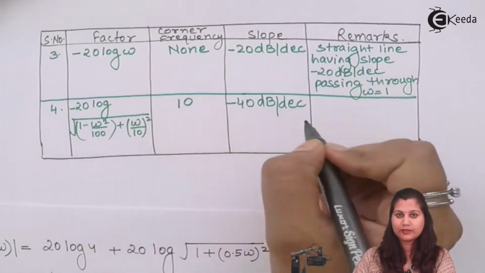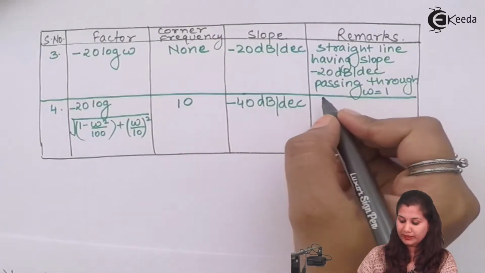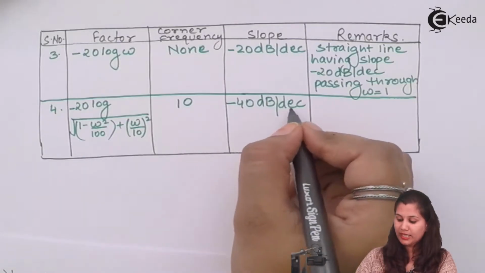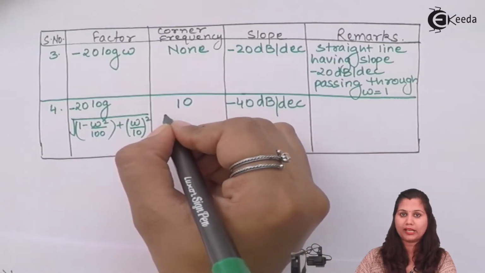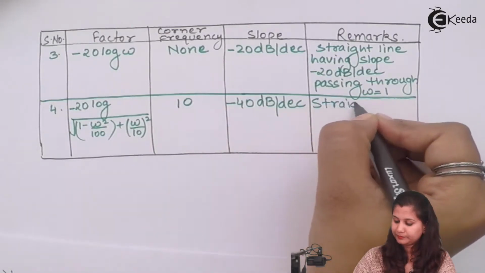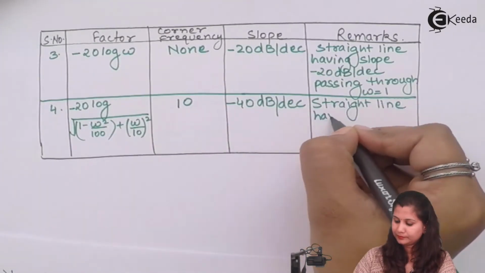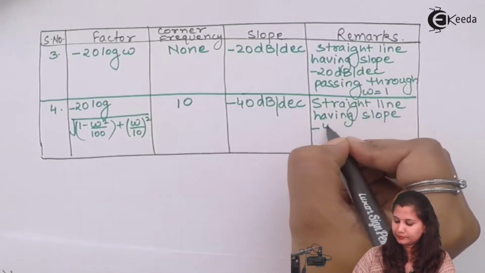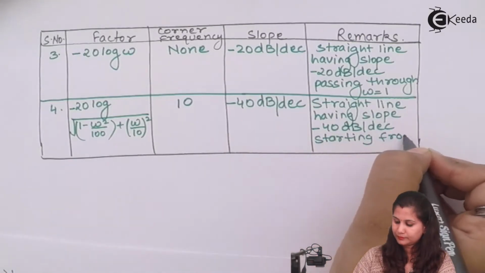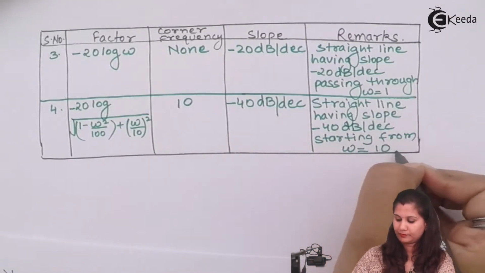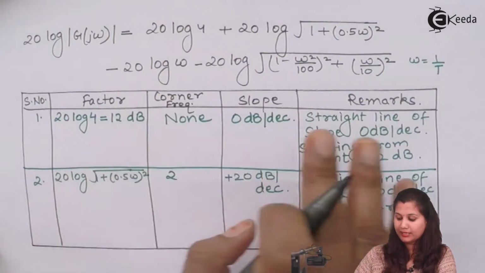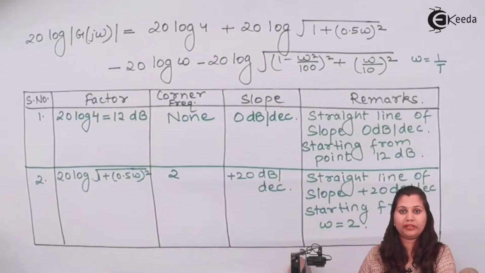Then how is this factor going to be represented? It will be a straight line which is having slope minus 40 dB per decade, and it will start from the corner frequency omega equals to 10. So here we will write. So for all these four factors, we have made the remarks on how these factors are going to be represented